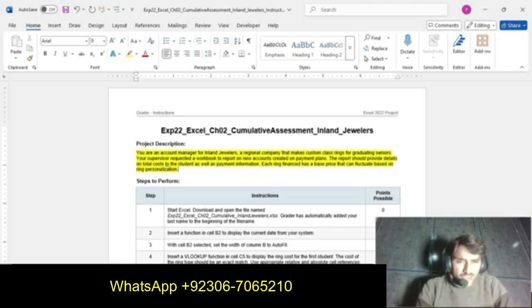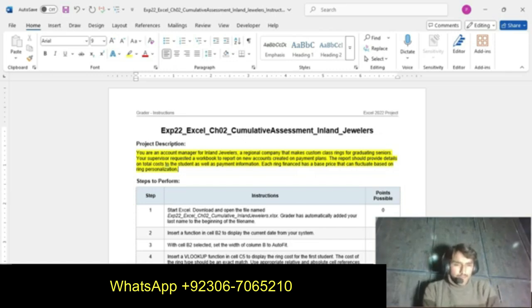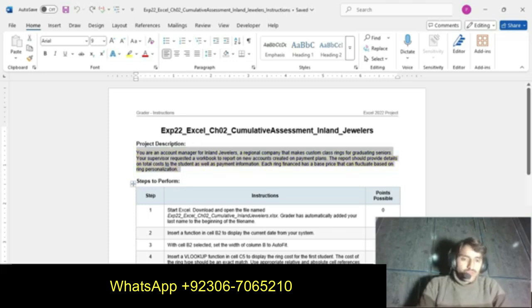Each ring financed has a base price that can fluctuate based on ring personalization. So we get the idea of the process of this assignment. Now we start our project.